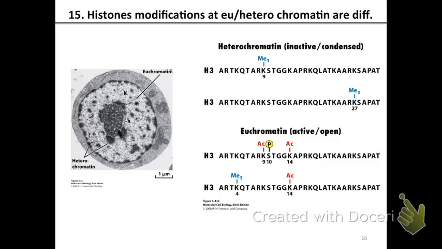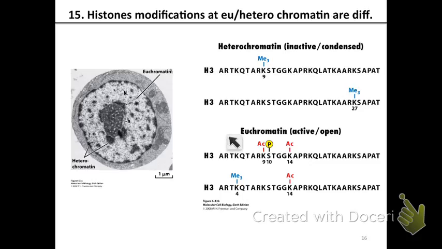So when you look at the interphase nucleus and look at the regions of the genome that are heterochromatic versus euchromatic, where heterochromatin is mostly inactive and condensed, and euchromatin is active and open, and see what type of histone modifications I actually see at these regions,